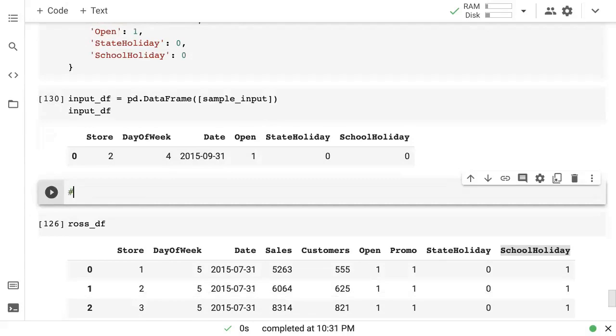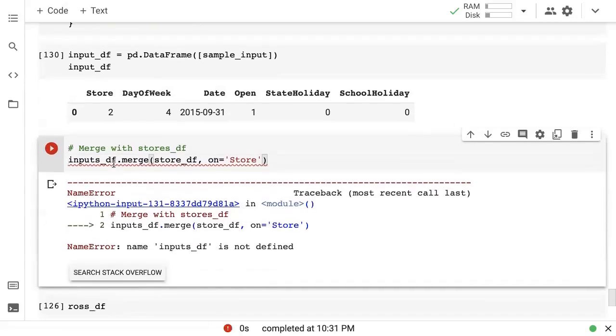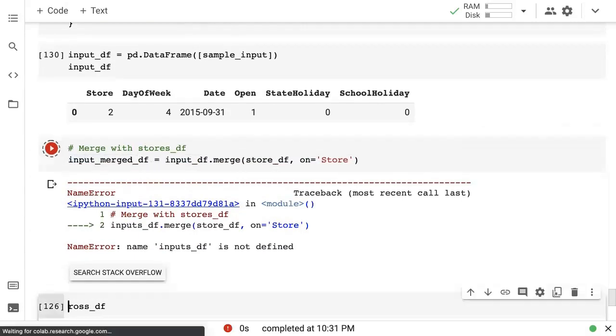The next thing you would have to do is you would have to merge with stores_df. So that would look something like this: input_df.merge(store_df, on='Store'). And let's just put that in input_merged_df.